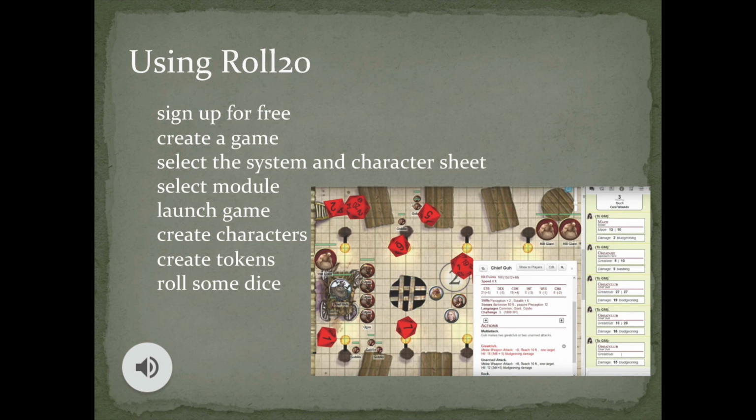One of the later features is the ability to roll dice. You'll click on what looks like a 20-sided die, and that will pop out a menu that lets you select how many dice you are rolling. Once you click them, the rolls will pop up in the chat menu. And that is the very, very basics of what you'll need to be able to play.